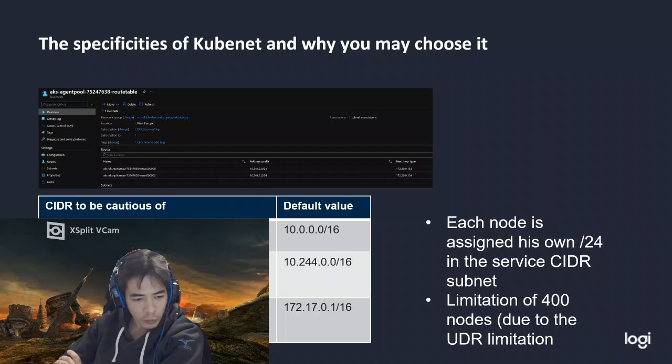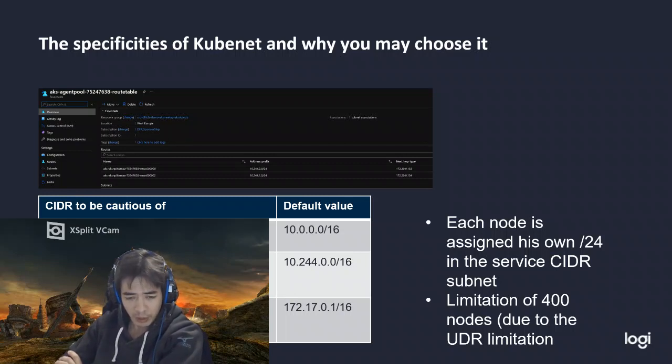Also, we have the Docker bridge address, and as you can see, this is 172.17.0.1/16, but it should be one address since it is 0.1, but it is also /16, so well, I'm not sure about why it's written like that.